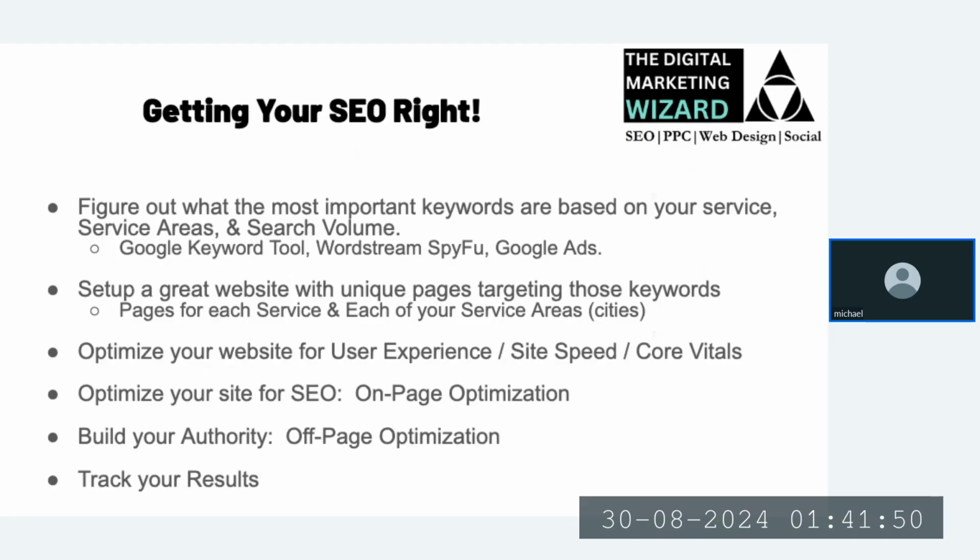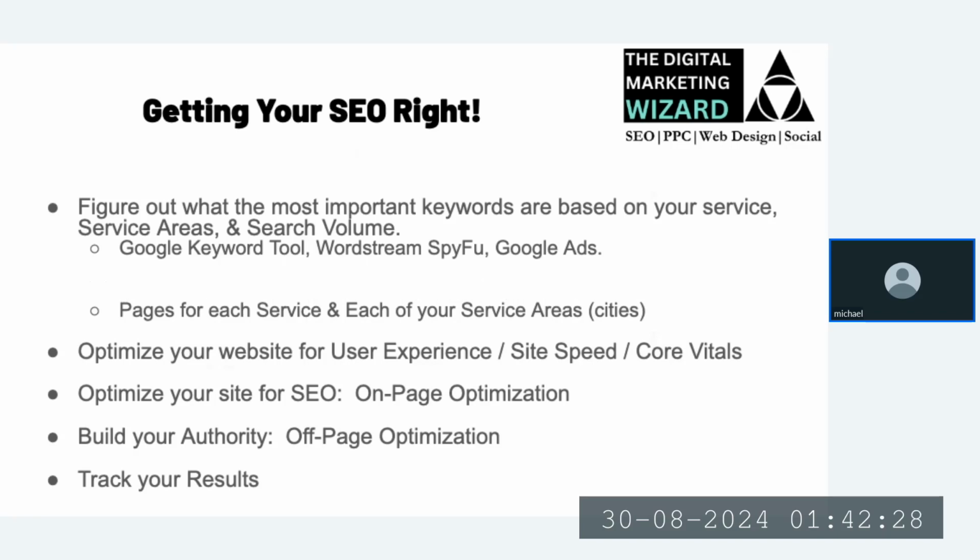So how do we get our SEO right? First, you want to figure out what your keywords are. Figure out what your most important keywords are and how they're being used in Google Ads. They're definitely going to be bid on and bid against, and there are definitely tools you can use to find them, like the Google keyword tool, which can definitely help you out with that. You want to know what your service areas are and what your search volume is. When you learn those things, this is the start of getting it right. Like I said, the Google keyword tool, WordStream, SpyFu, these are ways, and even Google Ads allows you to find platforms that will figure out what your